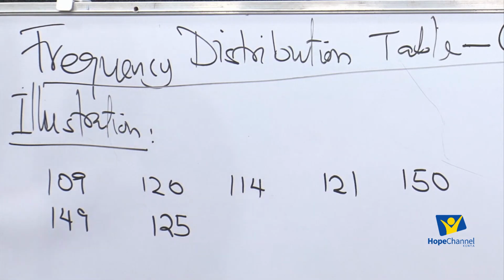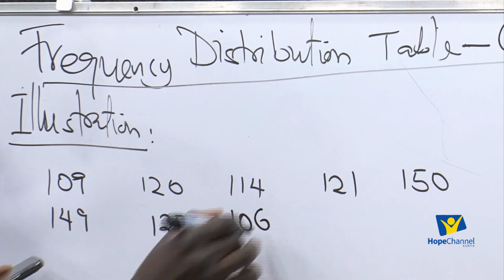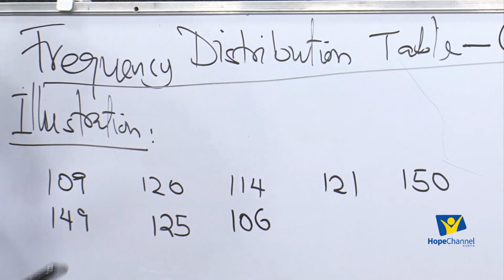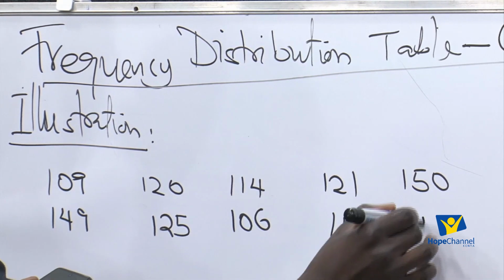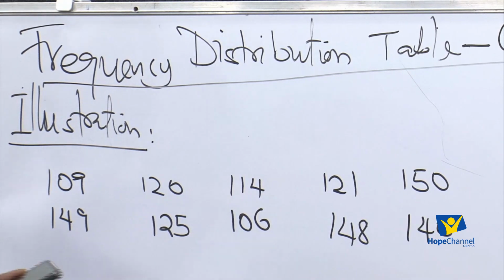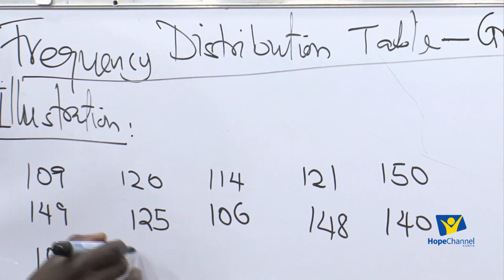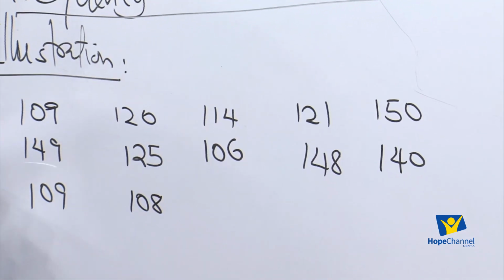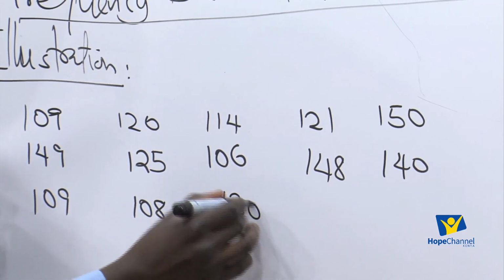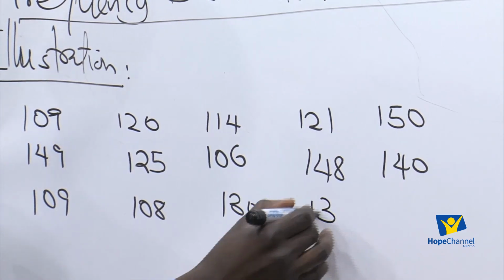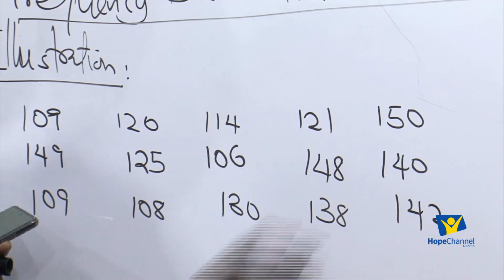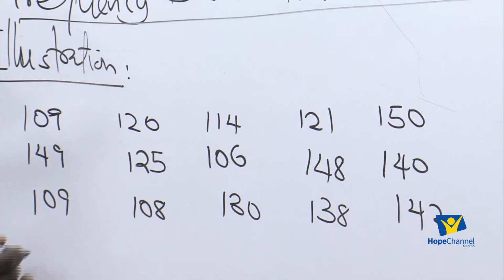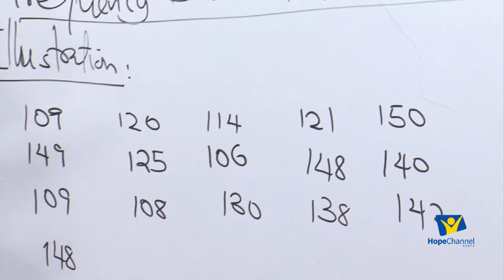So 125, 106, 148, 140, 109, 108, 130, 138, 142. The next one is 148, 148,